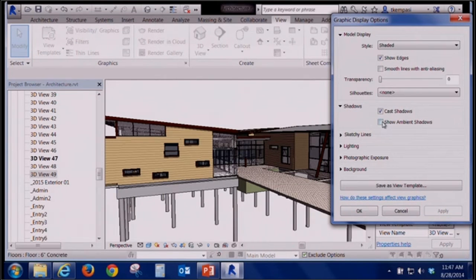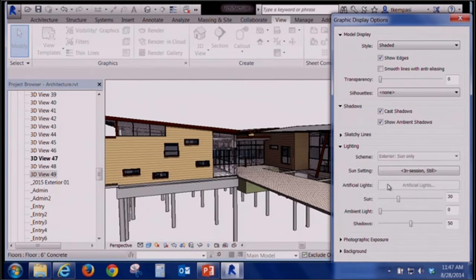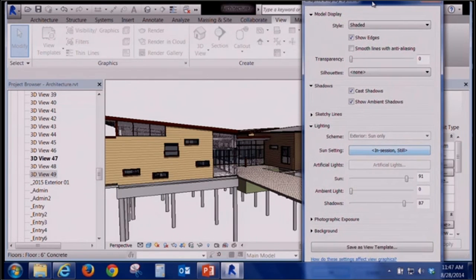Okay, we also have a control for ambient shadows, which is going to give some of that ambient bounced reflected light. Doesn't really read in this view, but all of that is based on the sun setting locations. We also have control here to control the intensity of the sun and the shadows and that ambient light. So if we want,